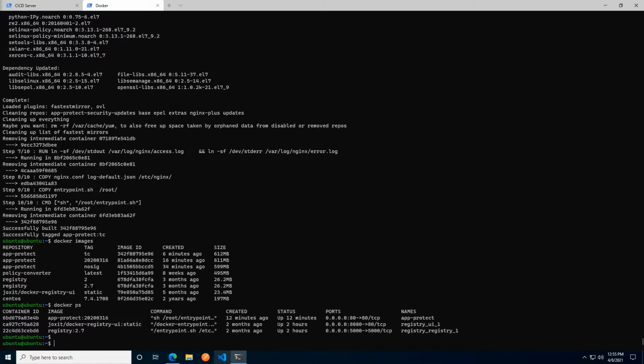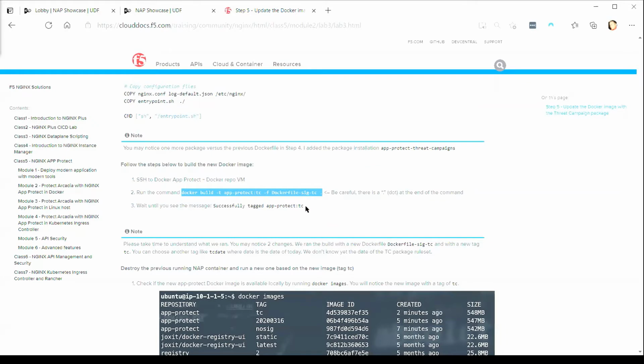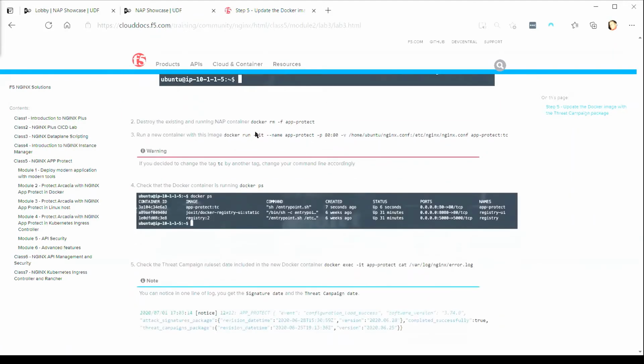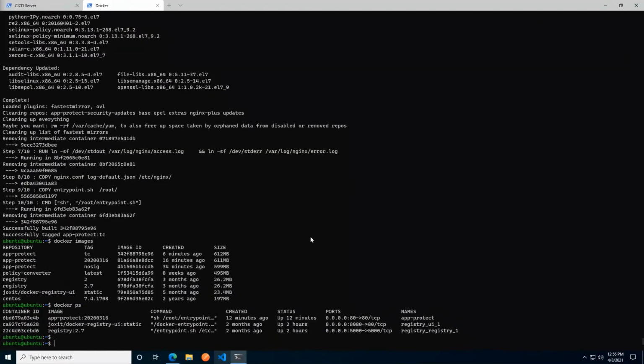So how do we do that? Well, exactly the same way as we did the last time, and we have handily, readily available, copyable commands in our lab guide. So let's just step over there. We see we've run this one, and that's fine, and we've gone through that. So now we want to do these 2 again. We want to remove the current, or completely purge the current, App Protect container. I'm going to do that like so.